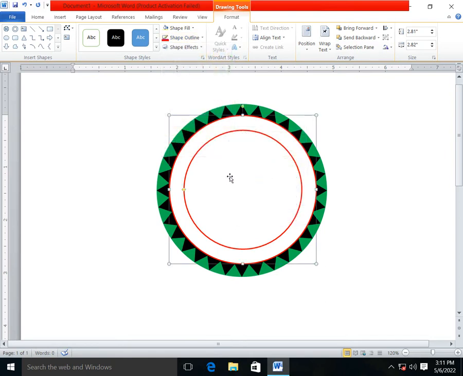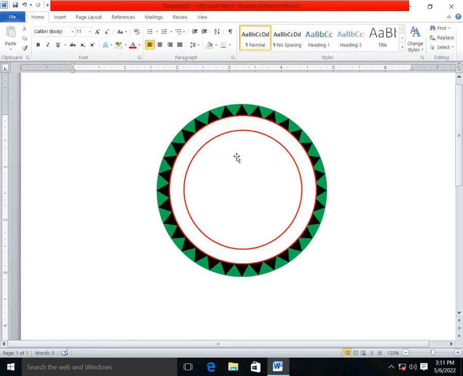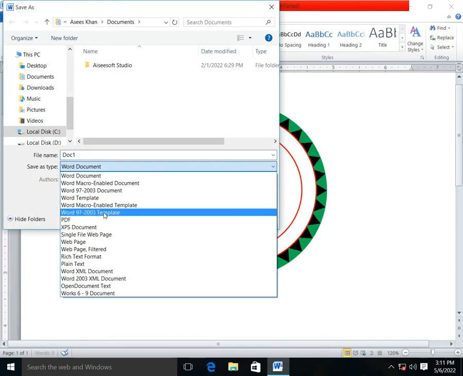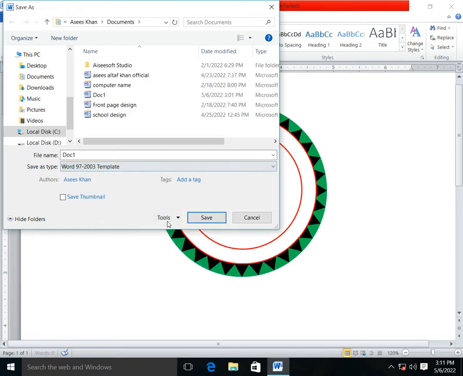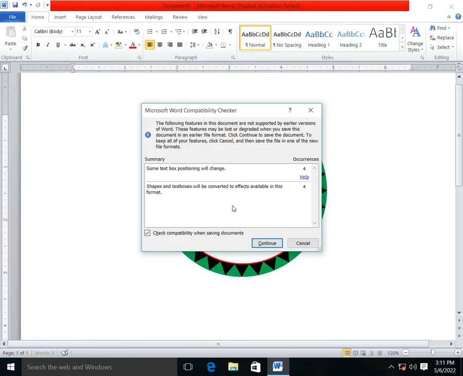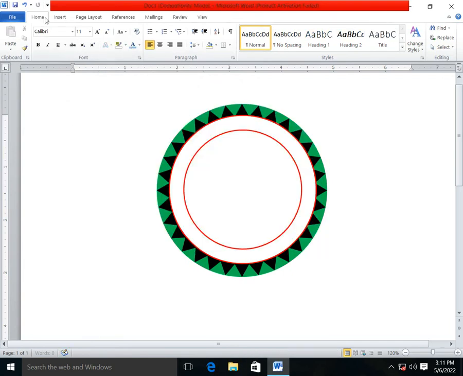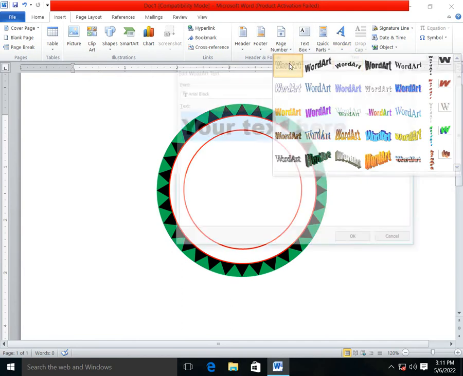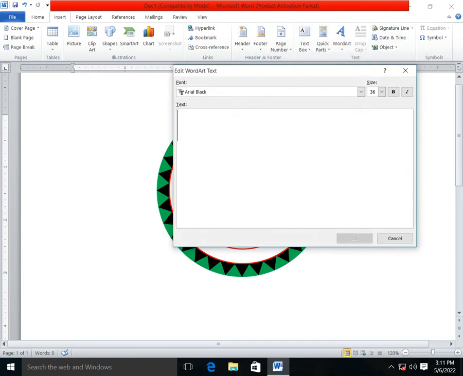1.5 pt. After it, I will go to File, click on Save As and select the type Word 97-2003 template and click on Save. Now I will click OK and click on Continue. So I will go to Insert, click on WordArt and select the font size, font design and enter the name of the school, for example